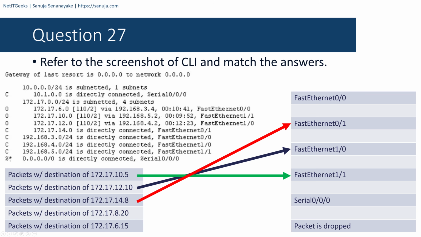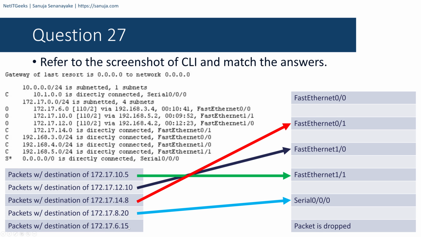If you look at this, the very last entry, it has directly connected to a serial 0/0/0. This is like a catch-all packets kind of thing. So what this is going to do is 172.17.8.20 is not defined anywhere else in here, not configured anywhere else in here, and it will go into the serial 0/0/0 because of this one single entry, this one line on this configuration. And finally, the packet with